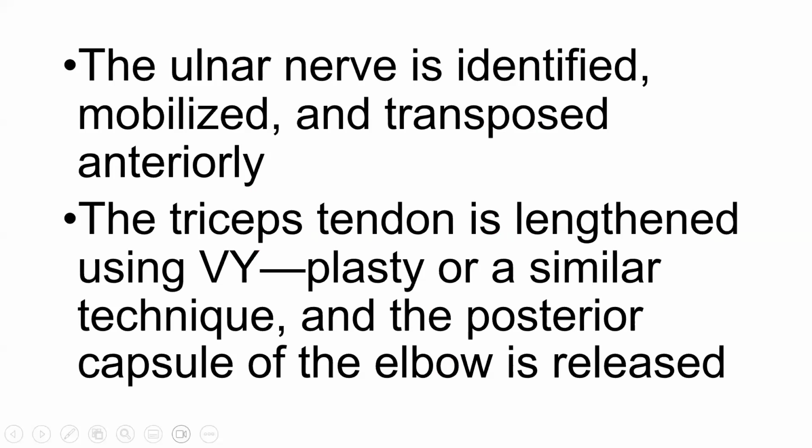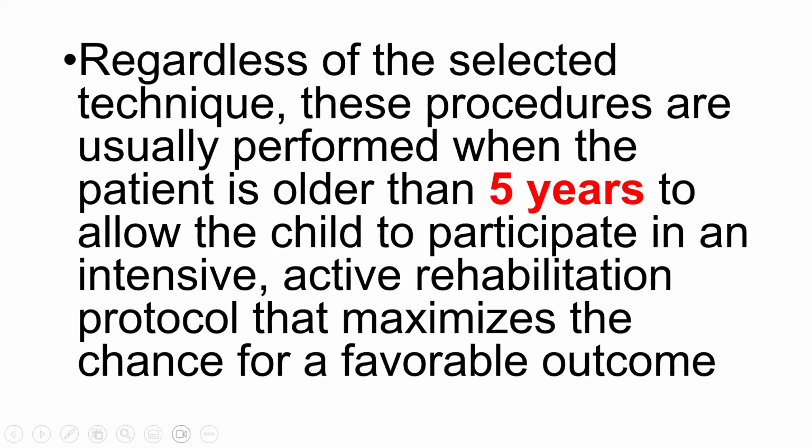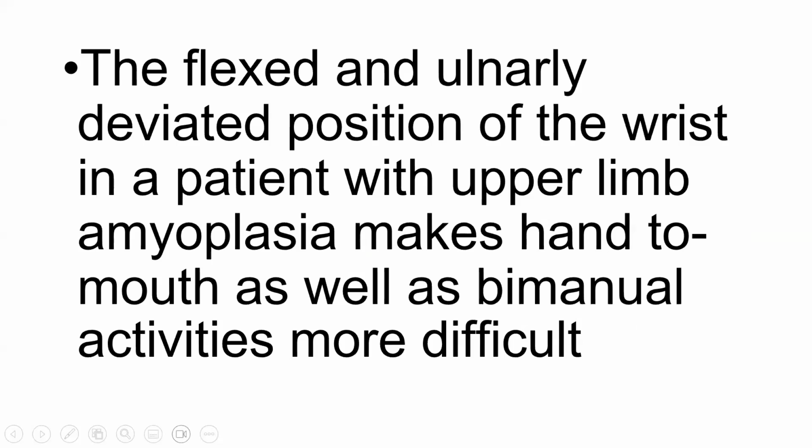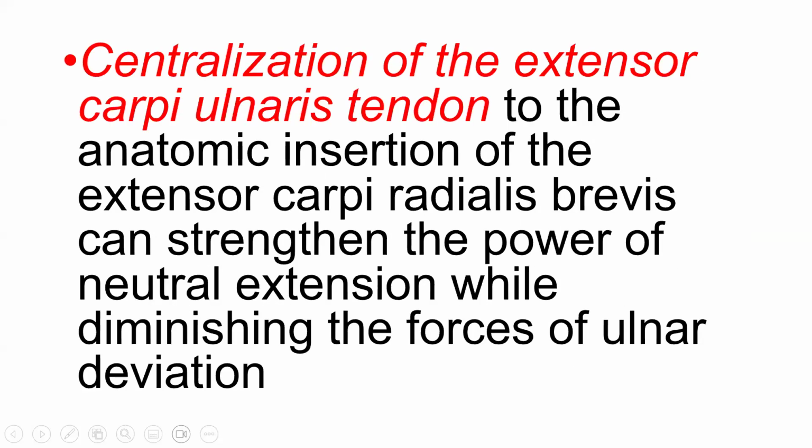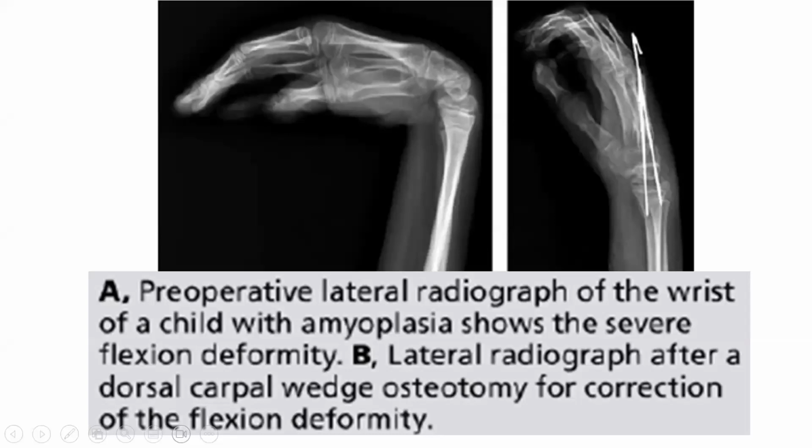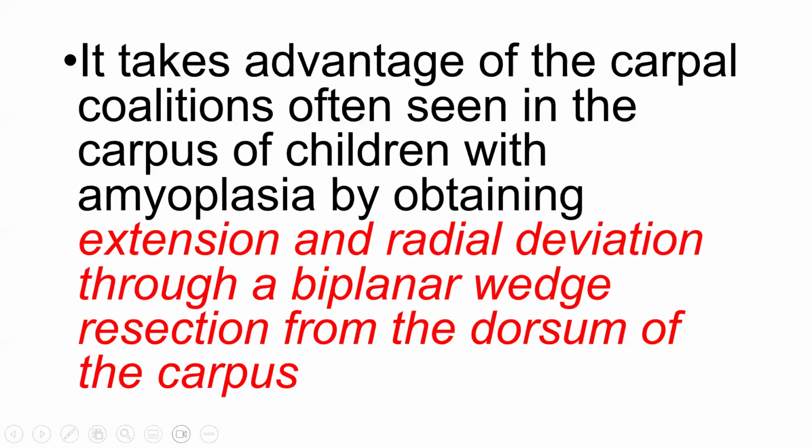The wrist, if you look at the wrist, they are mostly flexed. I'm going to show you. The wrist is flexed many times in this position, and you can have fused carpal bones. So what we do is a dorsal wedge resection, and we extend the wrist, and we put 2 pins to hold it until they unite. The whole purpose is to get the hand to face his face. Okay, and in addition, we correct not only the extension, we can correct ulnar deviation to radial deviation. Okay, we do a biplanar wedge resection from the dorsum of the carpus.